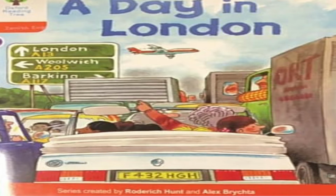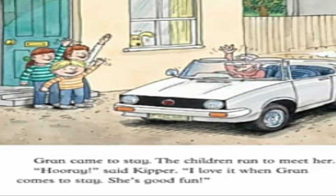A Day in London. This series is created by Roderick Hunt and illustrated by Alex Brychta. Okay, let's move on to page number 1. Let's turn the page. Here we can see a white car, and we can see Gran in that